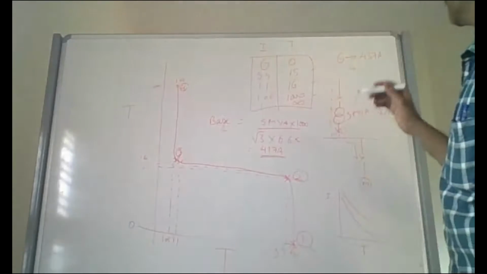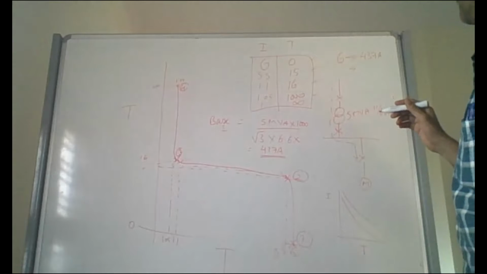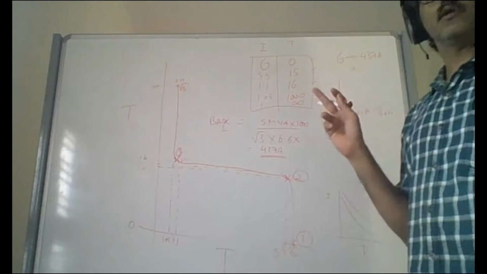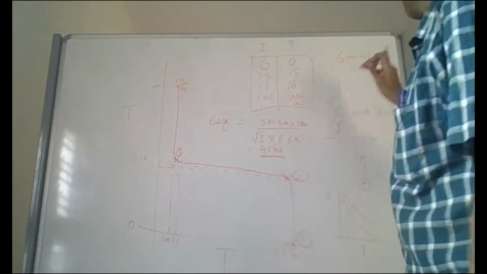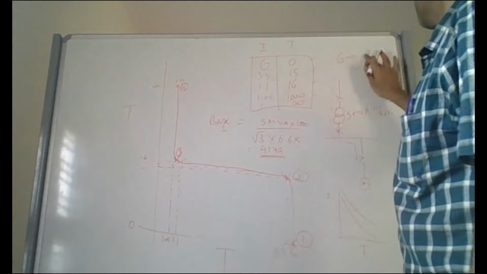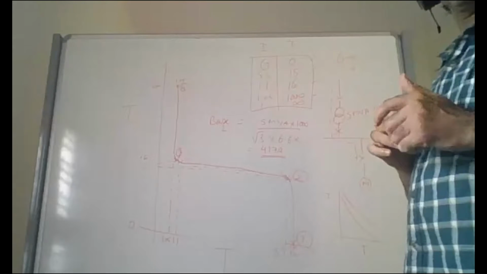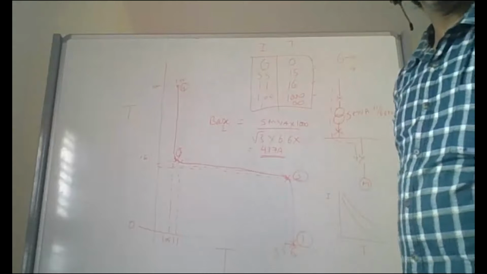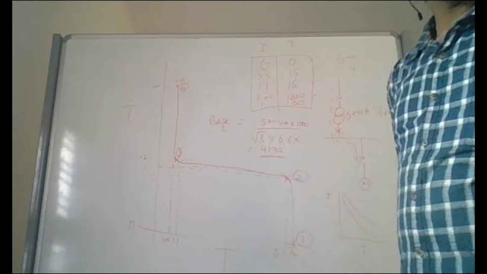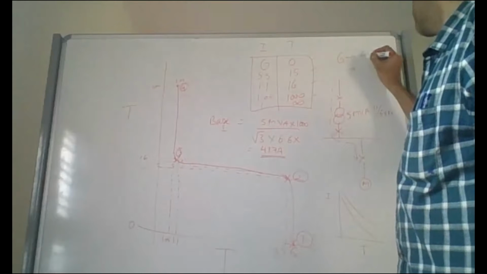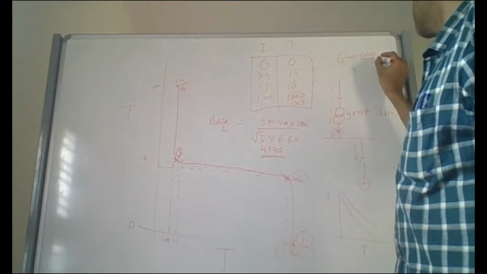Now, what is the motor rating? 400 kilowatt motor. Sorry, I think I gave the wrong figure for that one. 400 kilowatt, 44 amps. So on 44 amps, it was 6 times, right?